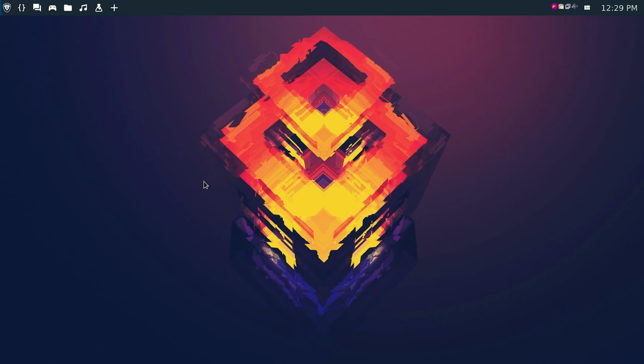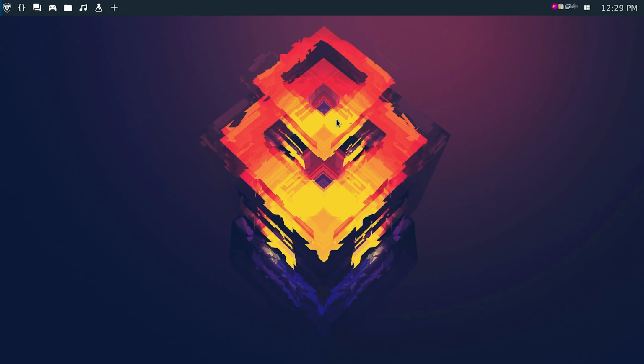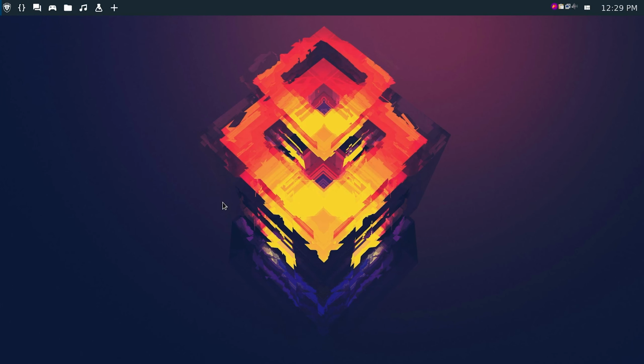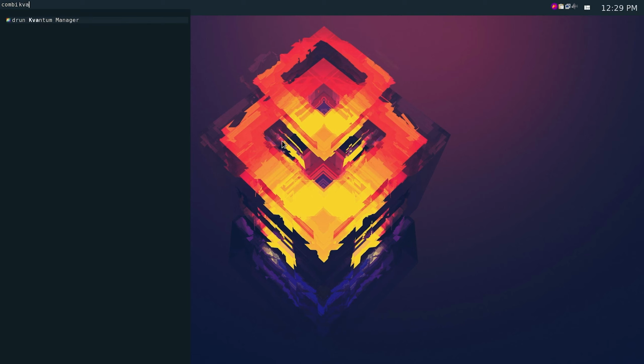Now you need to change the theme. You can see the clipboard manager theme is different. When I open the file manager, you can see the theme is not what I want; I want the dark theme. Let me press Windows Space to open the Rofi command. Let me open Kvantum Manager.